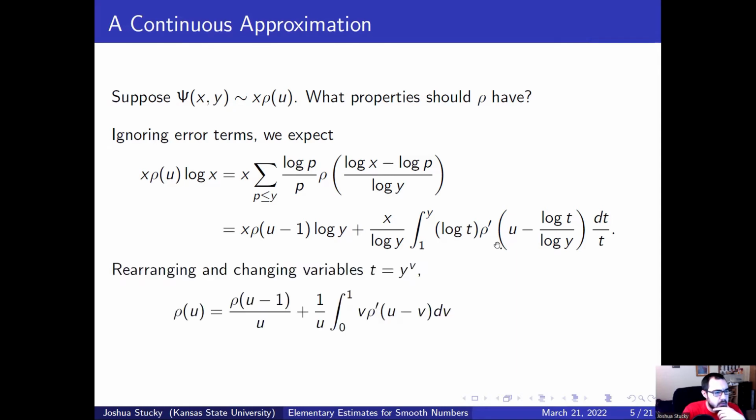But then let's go ahead and change variables because I want to make things look a little bit nicer. So if I change my variables to be t being y to the v, so t is some power of y, and then if I rearrange things, so divide through by x over log x, then rho of u should be, well, just divide through by x over log x. The log y over log x becomes 1 over u. That's this term. And then my x goes away, divide through by log x, but then the change of variables works out so that